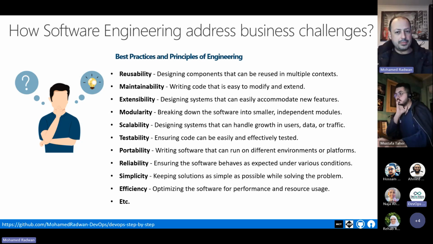You increase maintainability: once you write the code in one place with encapsulation, if you would like to change it, you change it in one place and it affects all components. Extensibility means you make your platform extensible by adding plugins or functionality by any other developer. Modularity means breaking down your code into submodules, and then there are scalability, testability, and similar practices.